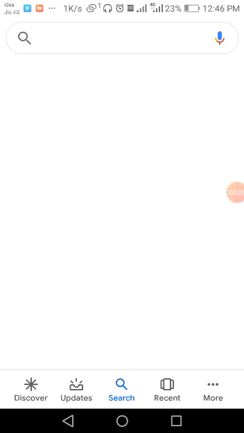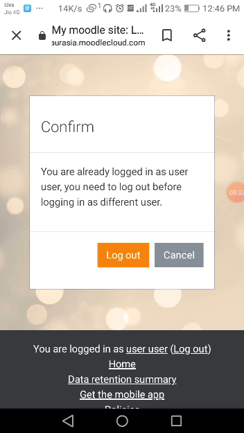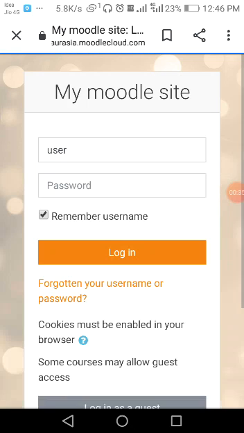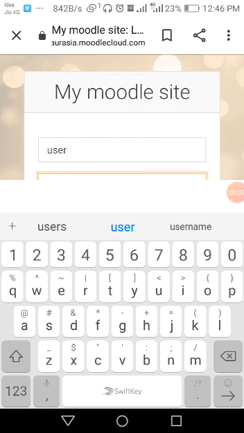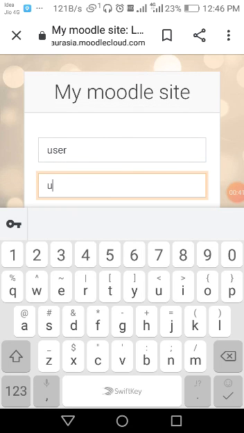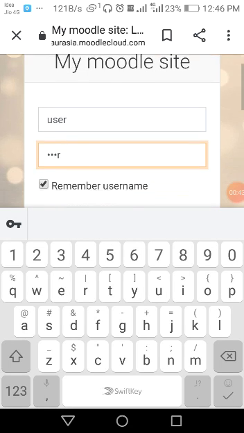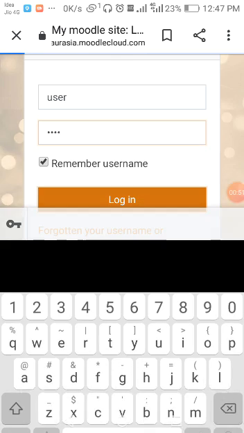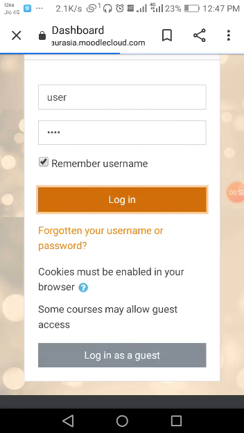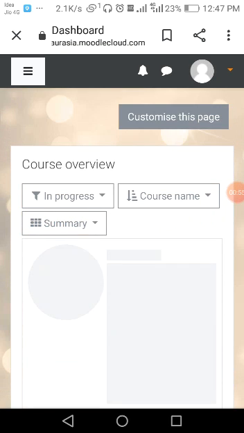Click on the Moodle website of the corresponding teacher taking the subject. Click on login. You log in as a user provided to you. Your login name will be your first name dot second name. This is a sample user through which I am giving you the demonstration. Your login name is first name dot second name. Login ID and password will be provided to you on WhatsApp.